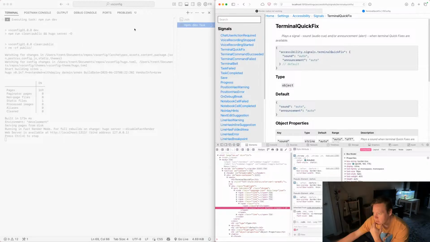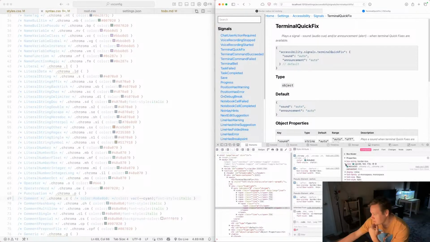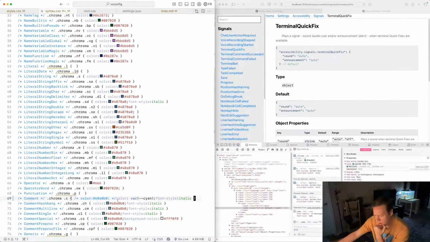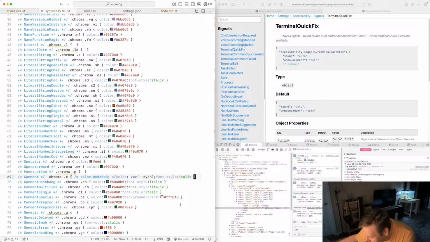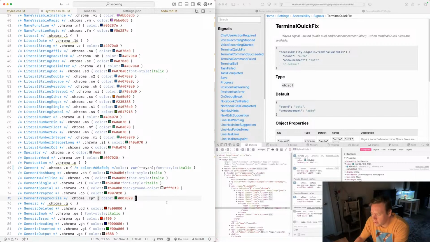So, bam. RGB, 60. Oh, why is it? Okay, there we go. No, that's not what I want. Comment. Oh, we've got all these comments. Okay, yeah. So which one is this? All right, well, we can find out. C1. Why is it C1? Single comment single. Yeah, let's